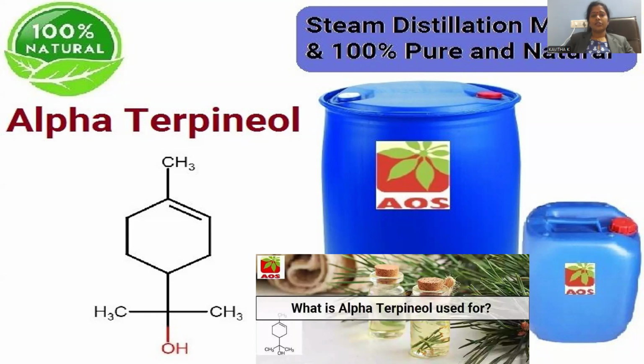The session is going to cover the natural product called alpha terpineol. Alpha terpineol is a compound with a six-membered cyclic ring where a methyl group is present, and here is the double bond. Another end of the carbon is accompanied by a carbon with a 2-methyl and a hydroxy. This is said to be a tertiary hydroxy. This is the entire skeleton of alpha terpineol.